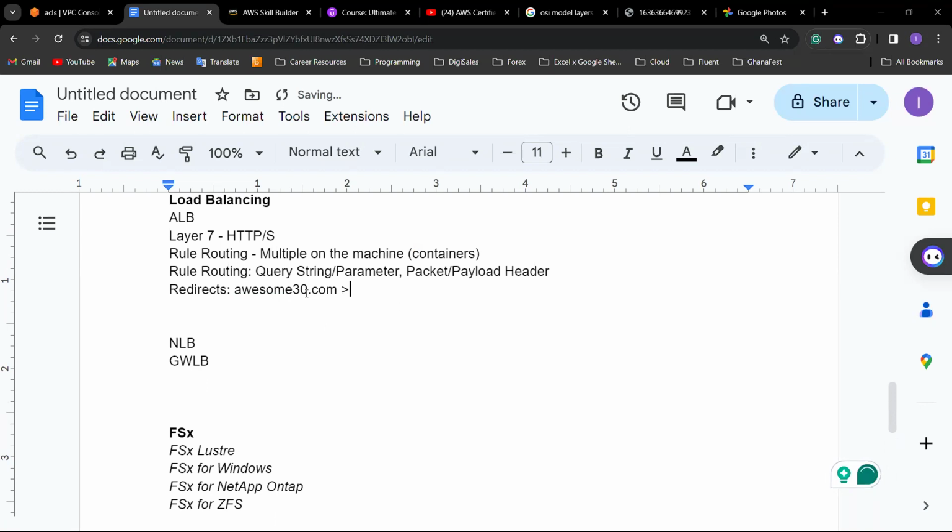With a load balancer, I'm able to redirect that if anybody visits, the address can be this HTTP, and then awesome30.com. And I can do a routing, right? Anytime a person visits my site with this, take it, and then reroute the person to HTTPS, all right, and then do